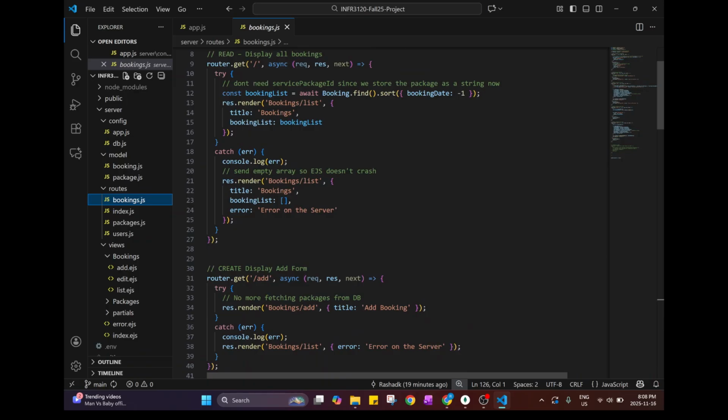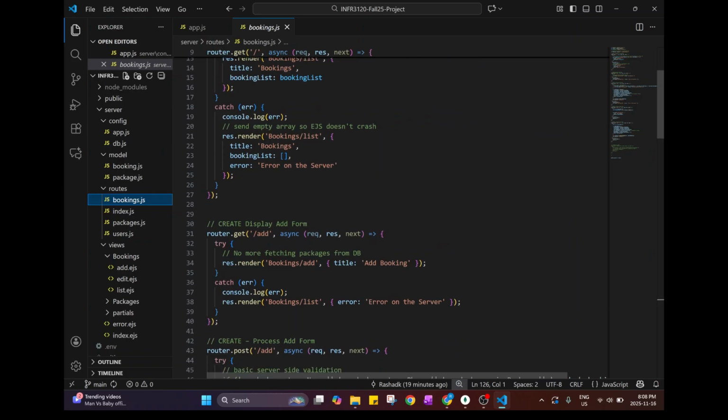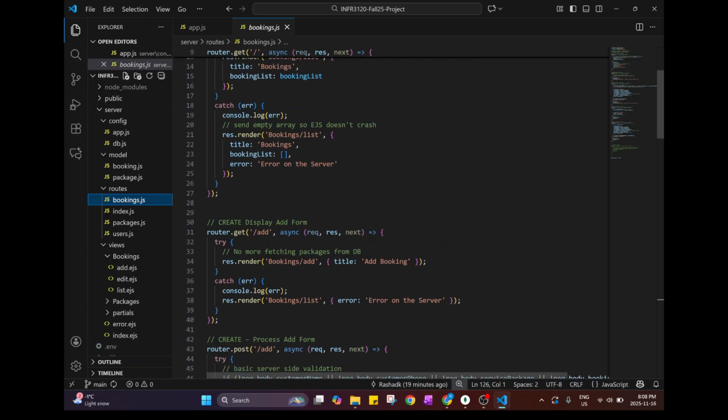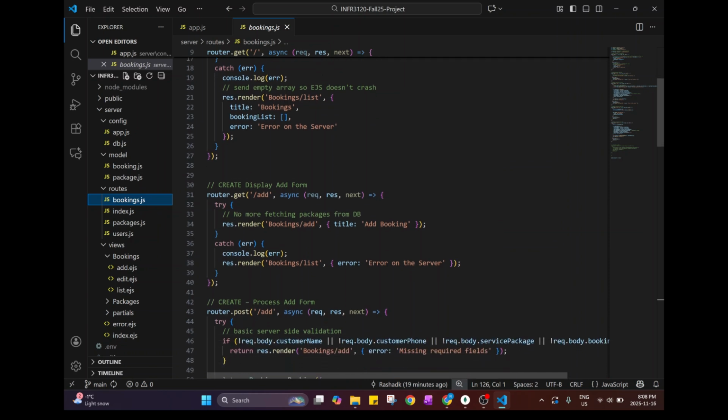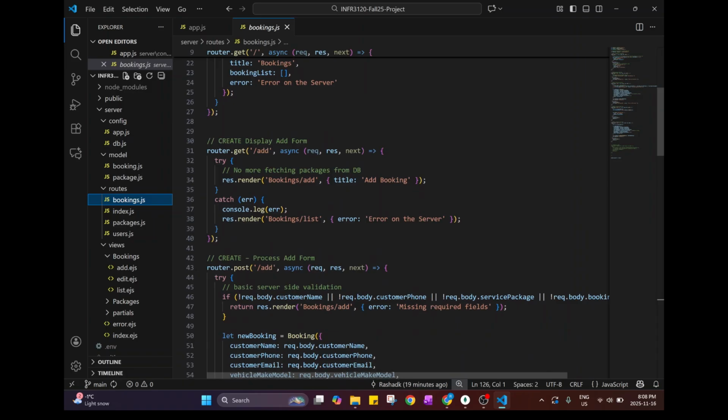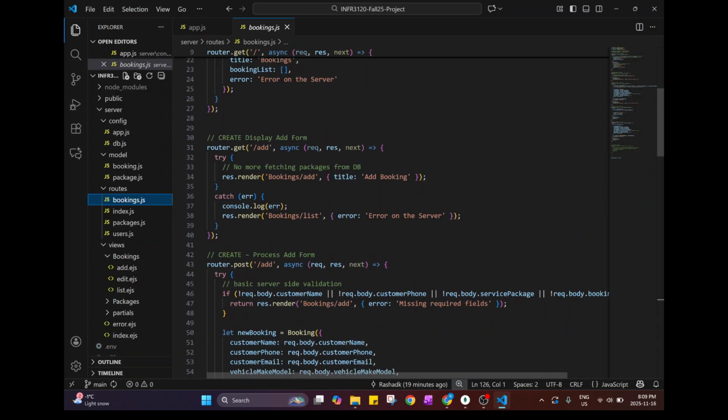simply displays the form for creating a new booking, and then the post/add route actually processes the form. It checks for required fields, like I mentioned before, and builds a new booking object from the form data, like the customer info, vehicle details, etc. And then with booking.create, it redirects them back to the list